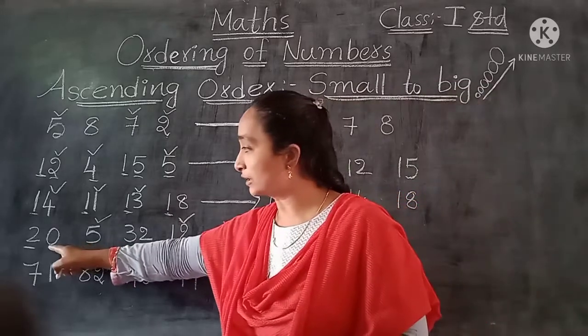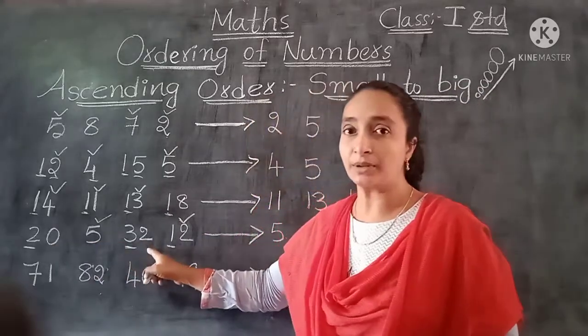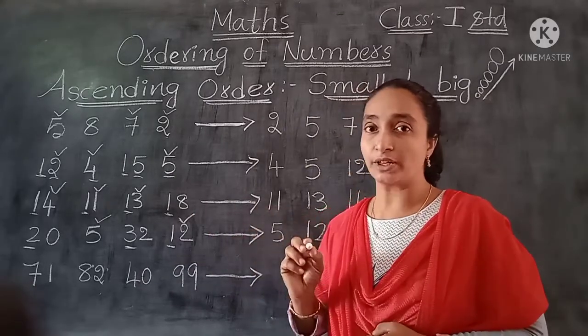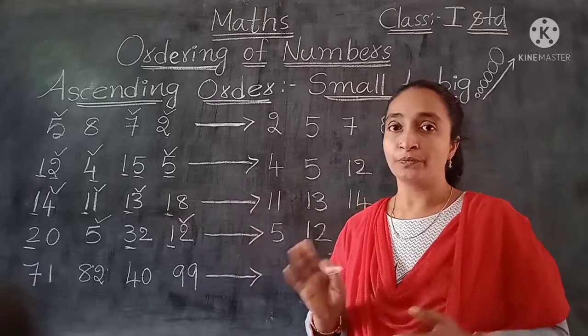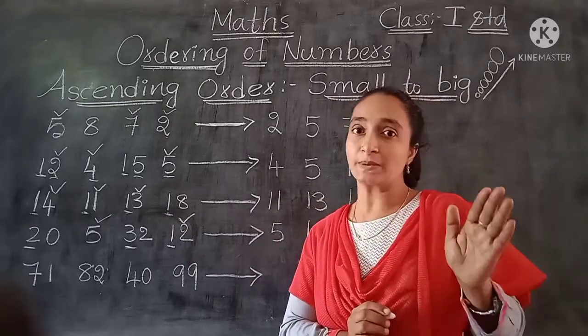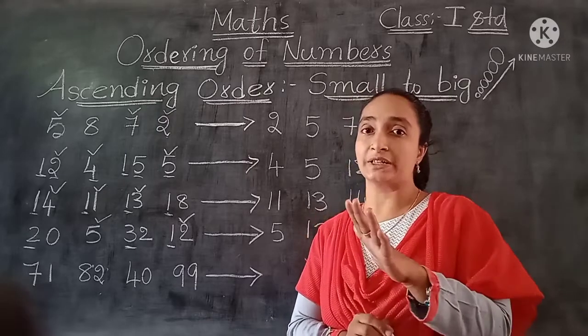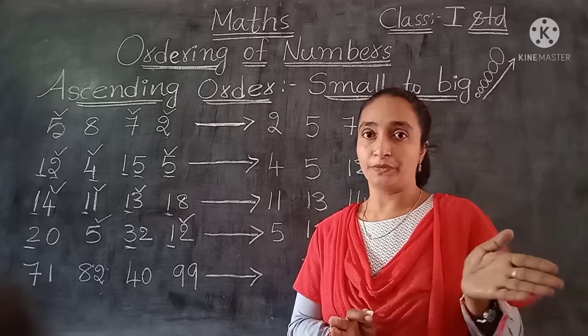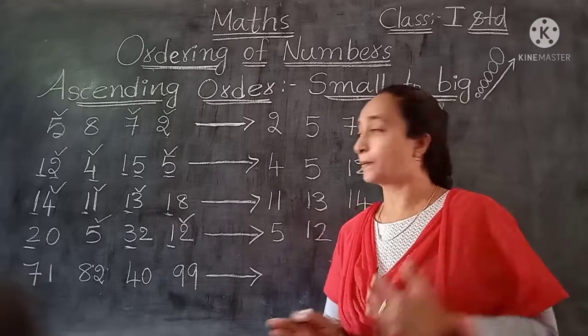So here you are thinking that 20 and 2, this is the big number, small number. Like that you don't think. Small number only we have to identify. So don't go to the ones place. When we are checking the tens place, if the same tens place is there, then we have to go to the ones place. Otherwise we can differentiate there only, in the tens place only we can keep them separate.